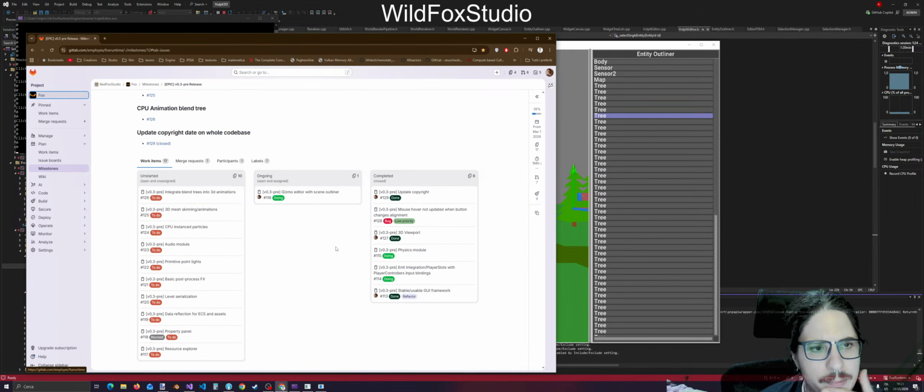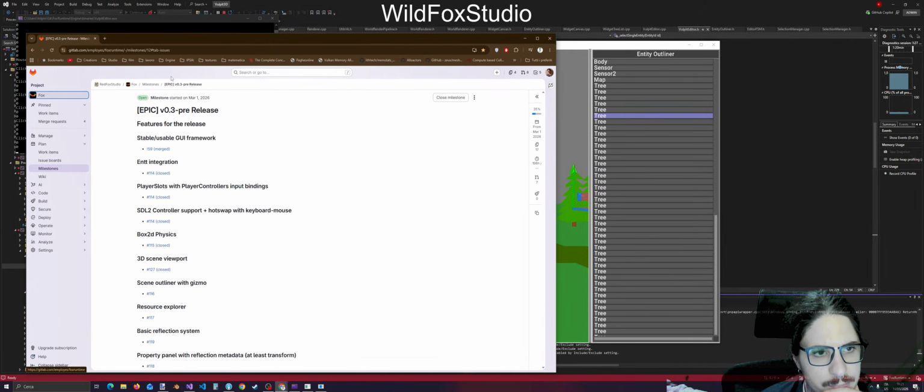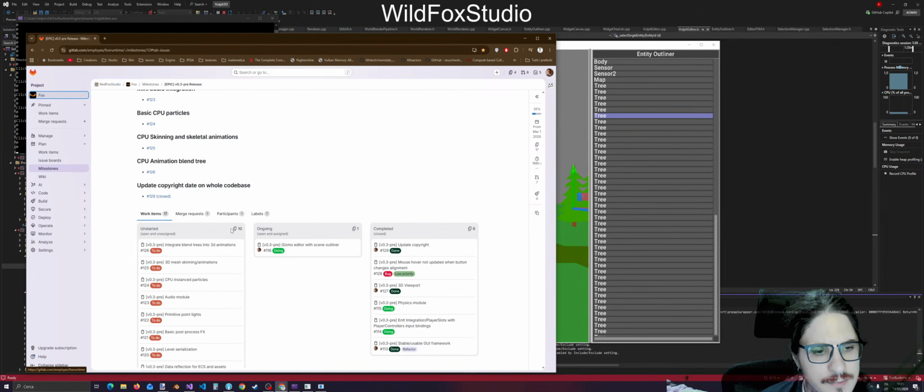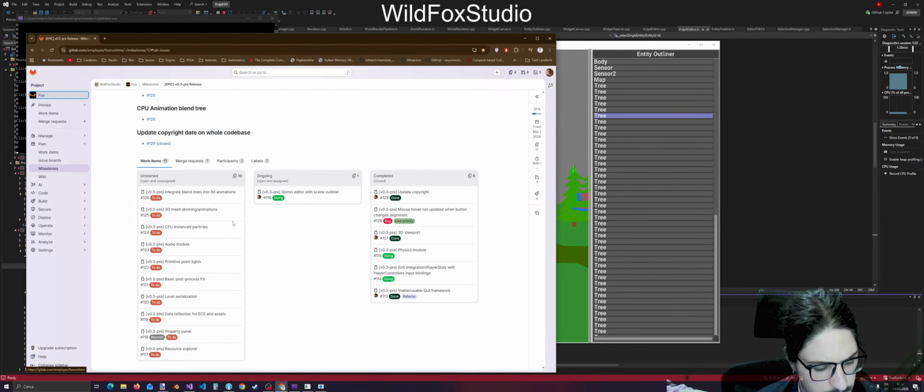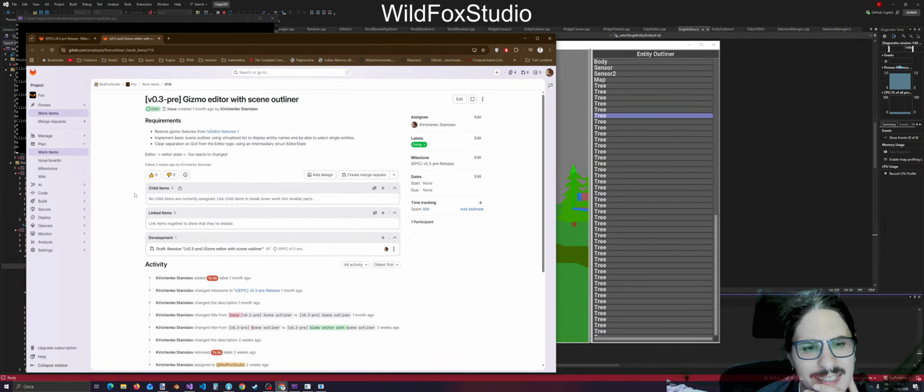this is my roadmap. Reach version 0.3 to have at least something that kind of resembles a game engine. So what I actually did is the Gizmo editor with the scene outliner, and I think restore Gizmo features from editor 1, implement basic scene outliner with virtualized list, display entity names, done, able to select single entities, done, clear separation of graphical user interface from the editor logic using